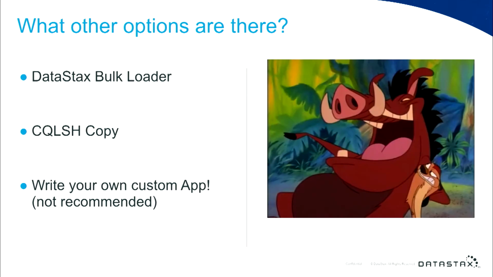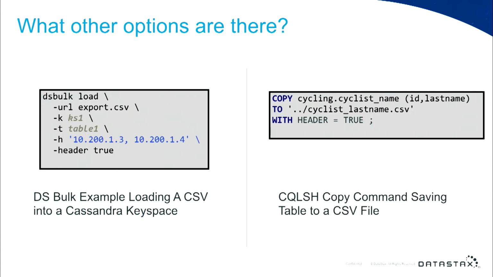So there are a lot of other options if you're trying to move data around from Cassandra. DataStax provides a tool called the bulk loader, which requires no additional frameworks or code. It's a single machine library that lets you pull data out and put data into Cassandra. There's a copy command called SQL copy. And of course, you can always write your own custom single machine application, although I don't ever recommend doing this because you basically are going to do a lot of work that a lot of people have already spent time on. Here's just some quick examples of how you use those.